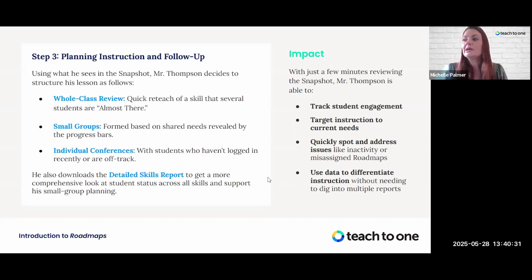He also, I know I'm going back to the other reports, but he also does use that detailed skill report. Again, he pulls it at the end of each week just to get a quick view of where the students are. He also references the report when he's having those one-on-one conferences with students, so they know exactly how many they have left. But again, the impact is